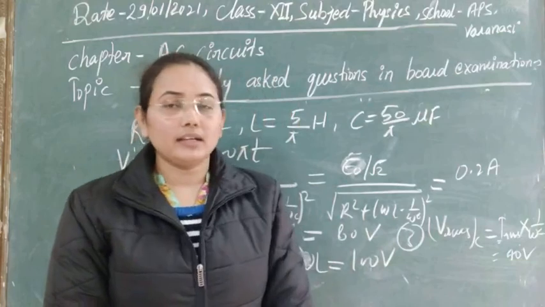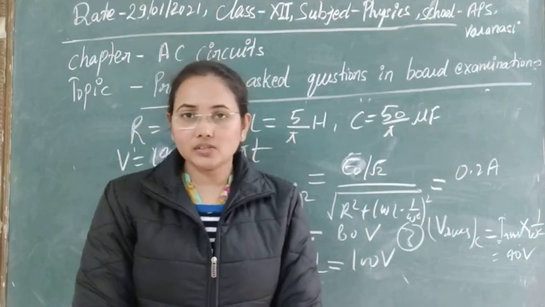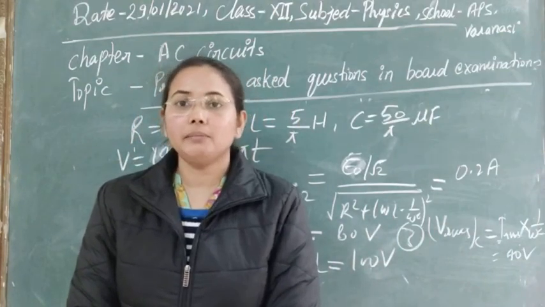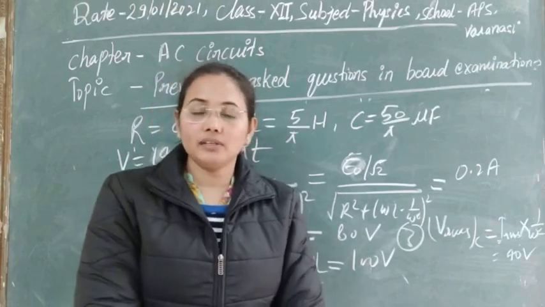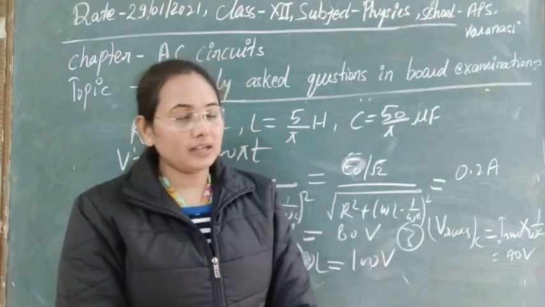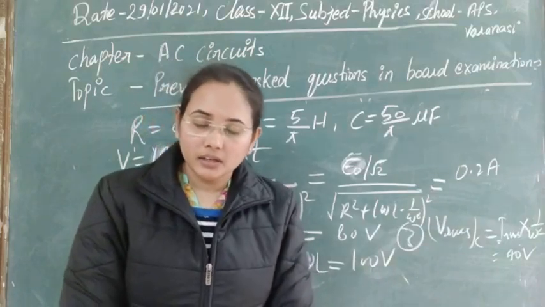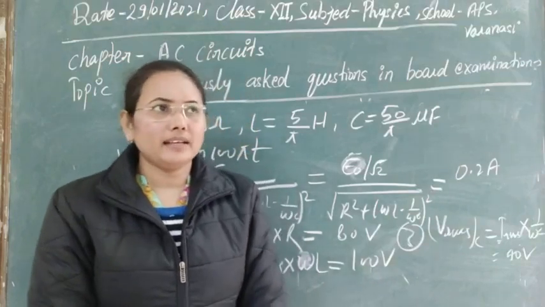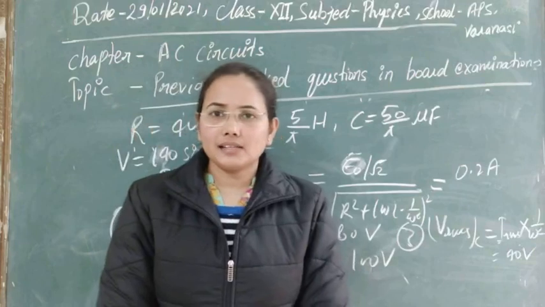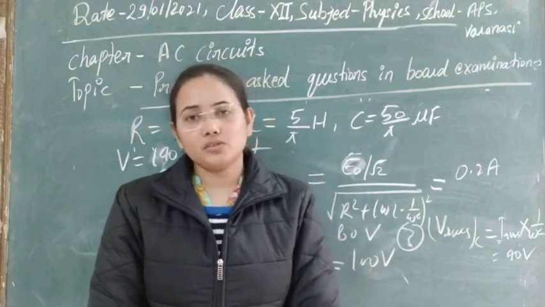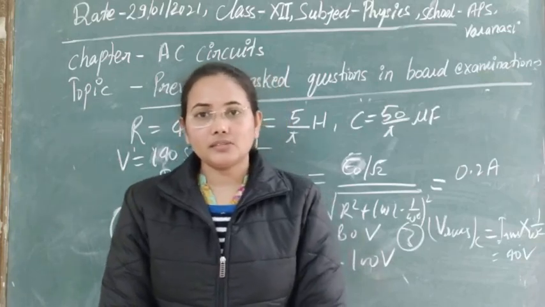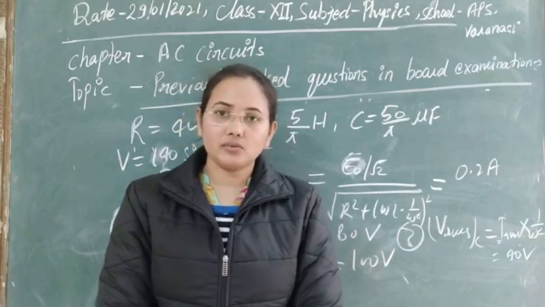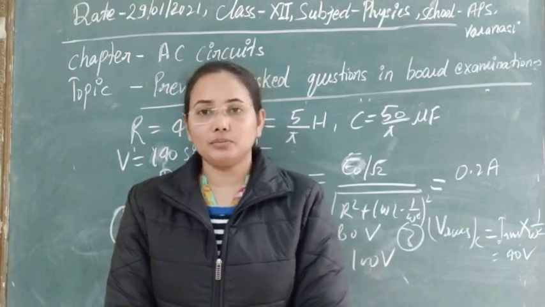In the next class we will see the questions on electromagnetic waves, and today I think we have solved all the questions asked in your examination on the AC circuit chapter, like AC generators, LCR circuit, instantaneous current and voltage. So a number of things we have discussed. Today let's end it here. In the next class we will discuss electromagnetic waves and the questions that were asked previously in your board examination.